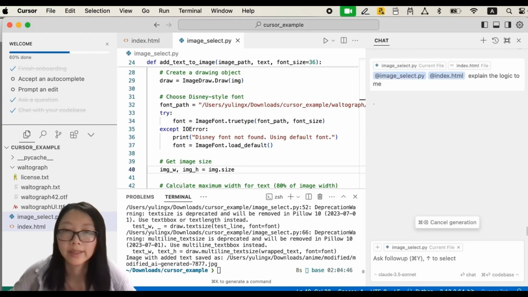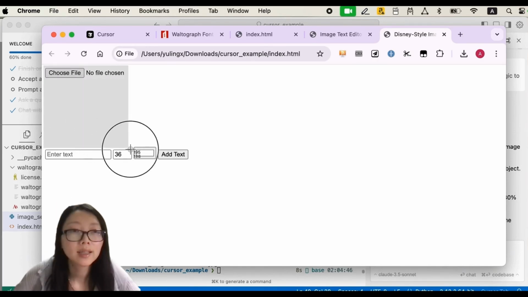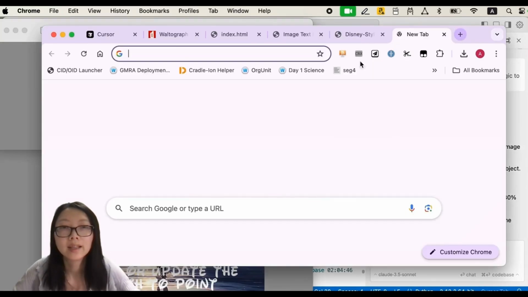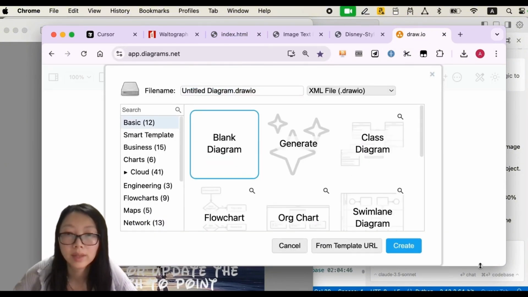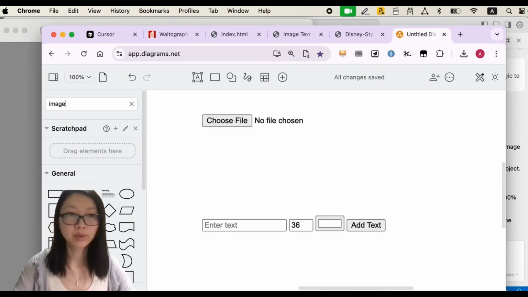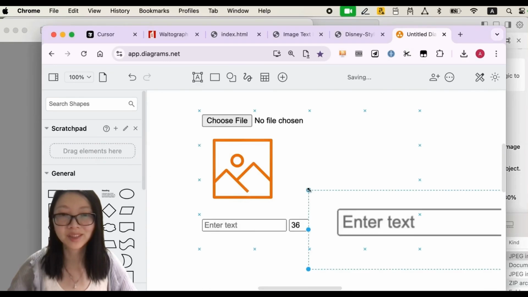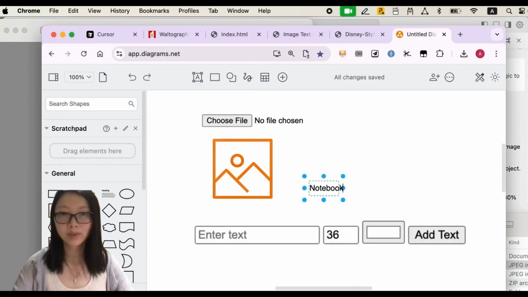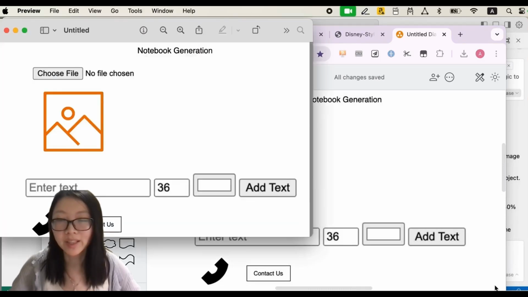So very handy. They also provide an image to code function. Let's see how he builds something more fancy for us on the UI side. Open new diagram, create. What button do you want to add here? Image preview. I don't know if he knows what I mean. Notebook generation. I don't know what it can give me.